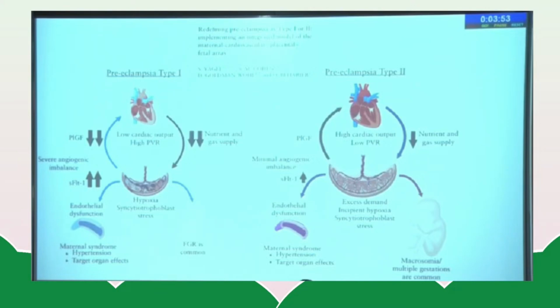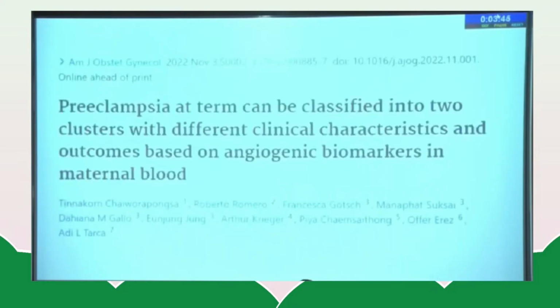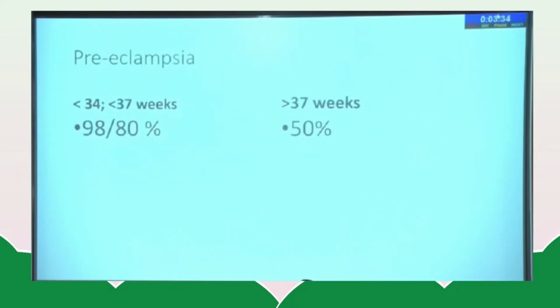Yeah. We now know we concentrated on the cardiovascular system and so on, but it's not the subject of today's lecture. That's why we have put our attention only on the angiogenesis markers in these 2 types of preeclampsia. And look at this. If we look at early onset preeclampsia, almost all patients before 34 weeks of pregnancy